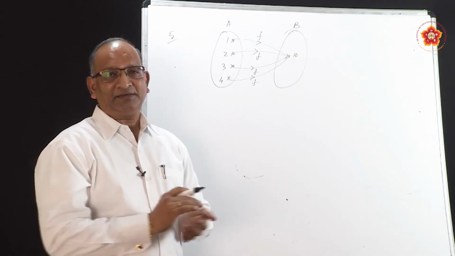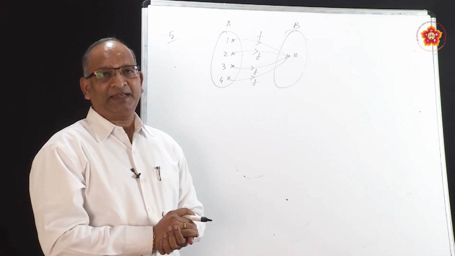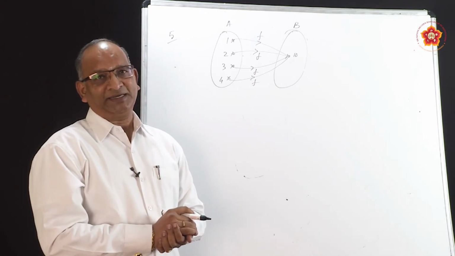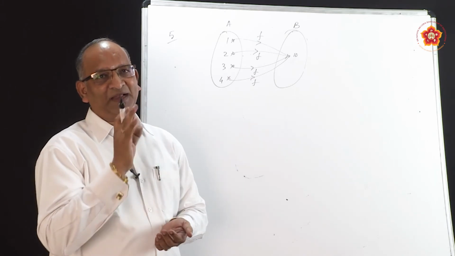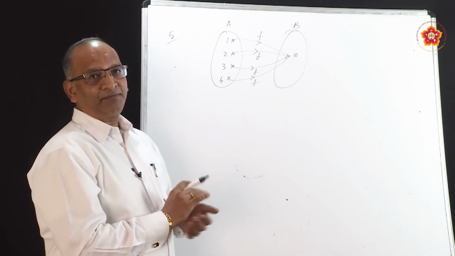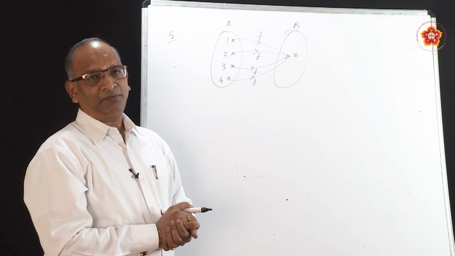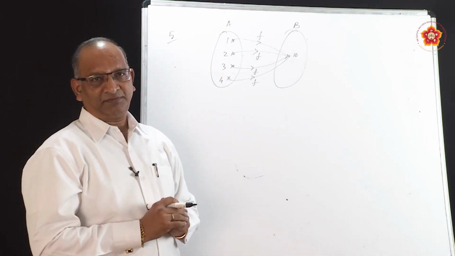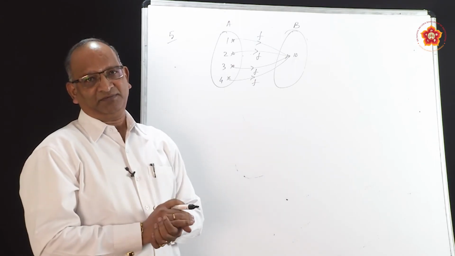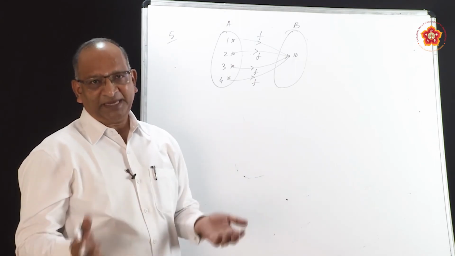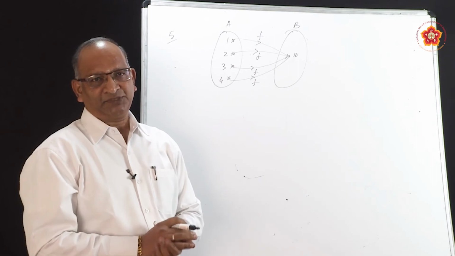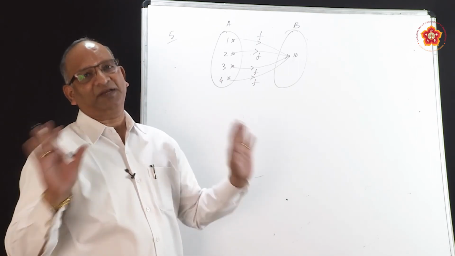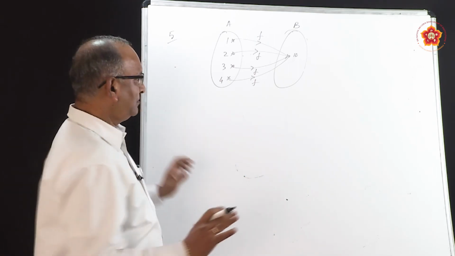What is the condition to say it has got inverse? Two conditions. What are the conditions? It should be 1, 1. Is it 1, 1? No, it is many 1. Many elements have got the same image. So, it is a many 1 function. Since it is a many 1 function, it is not bijective. Since it is not bijective, it is not invertible. That is how we conclude.